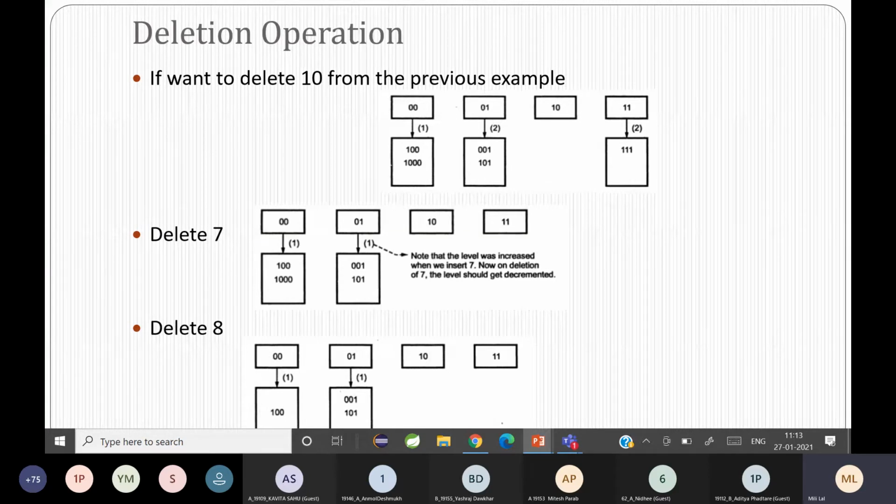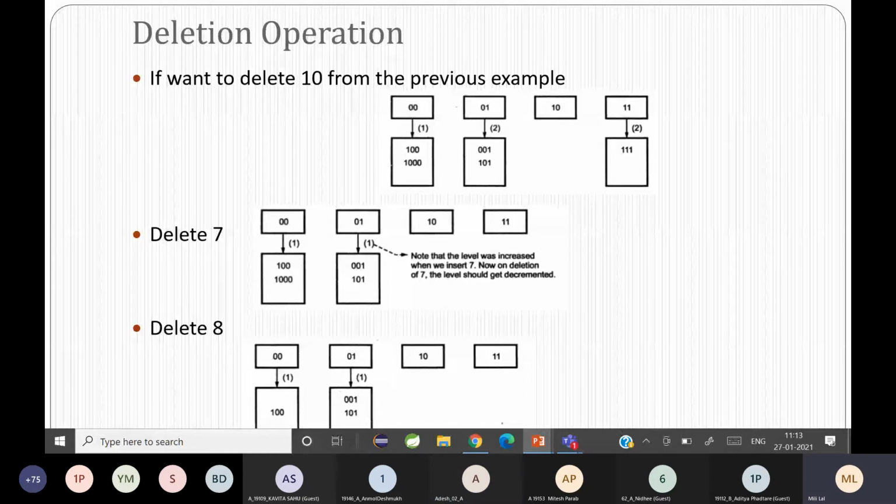Now look, delete 7. What is the binary value of 7? 111. So you will delete 111 from the last directory.